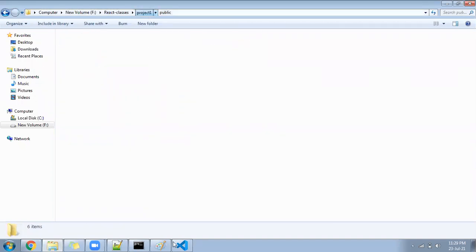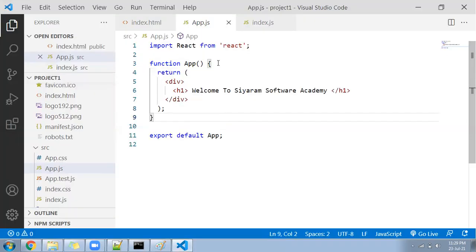Let's understand now. In this React functional component tutorial, I will be helping you with the CSS also, and with the bootstrap also. First I will guide you through CSS. We will design the navigation, we will create some components, and after that we will apply the routing, and then we'll go ahead one by one. So first let's start learning how to create a component.